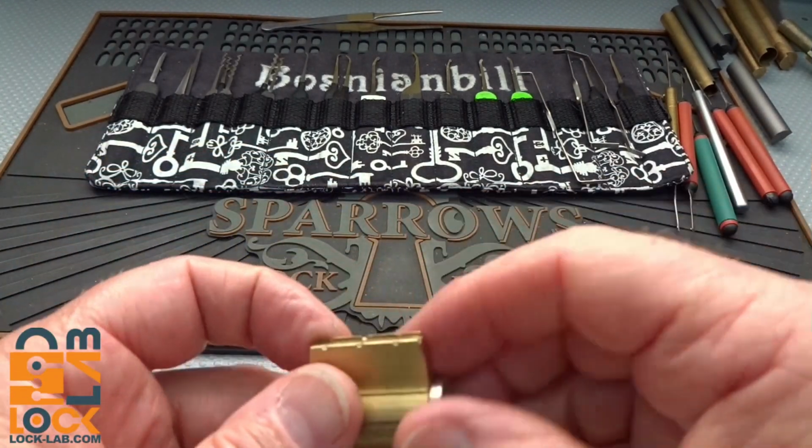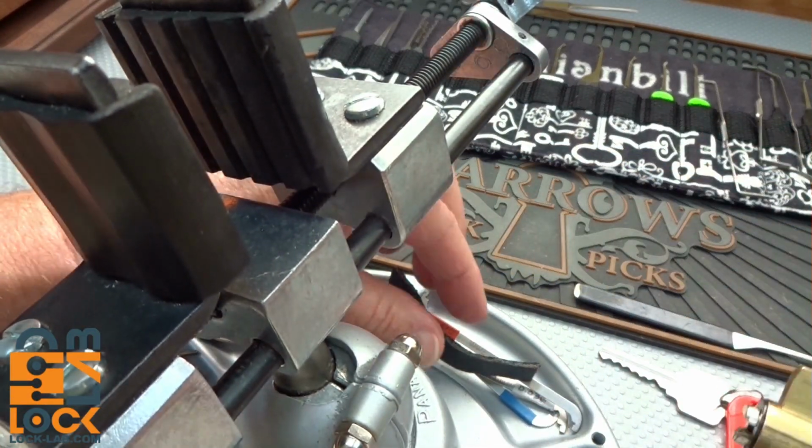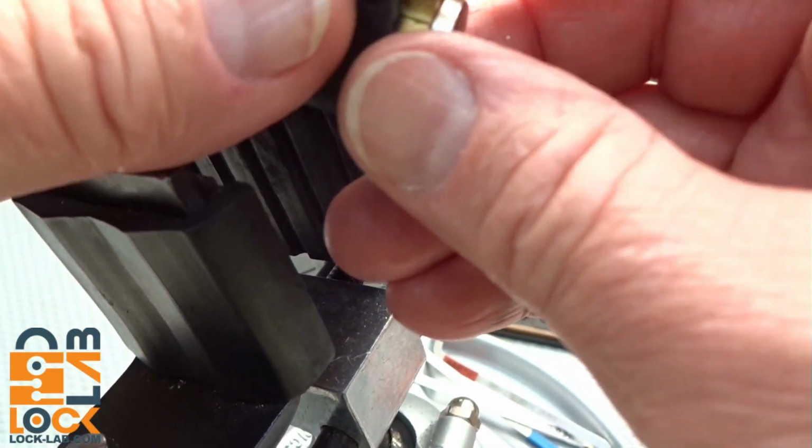So let's see what we got in here. He's confident enough to use such similar bitting. I bet there's some kind of other alien technology that Harley put up inside of there. We'll find out in a minute. Get this dude